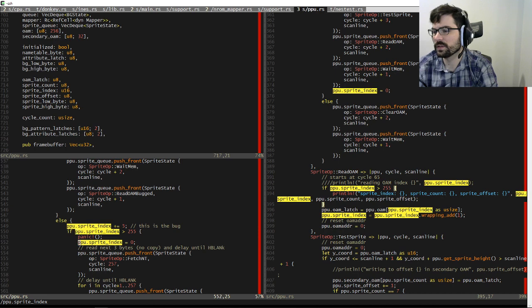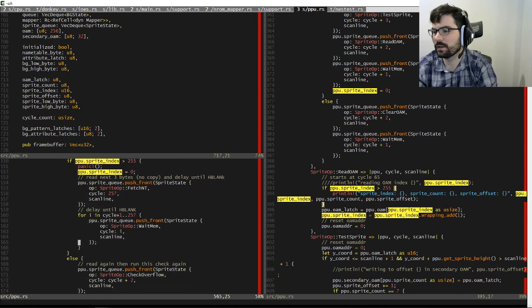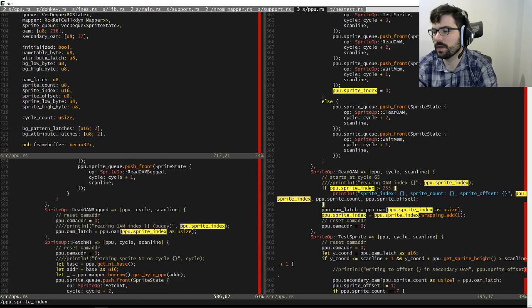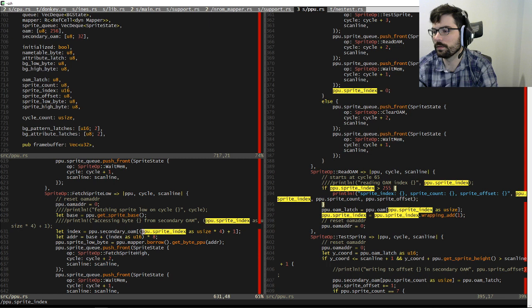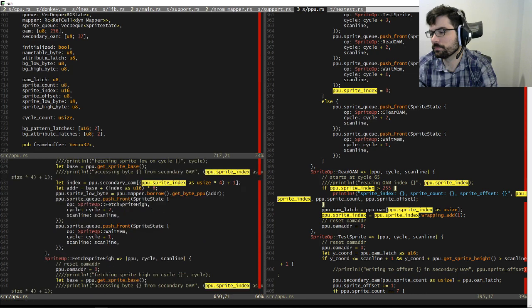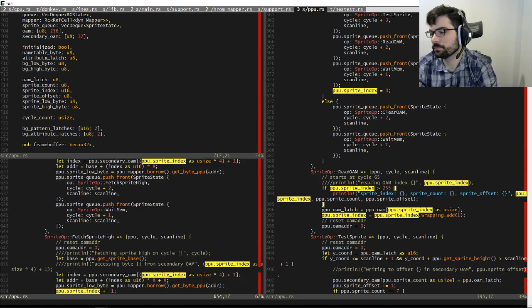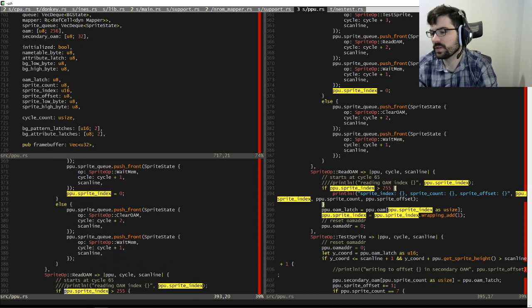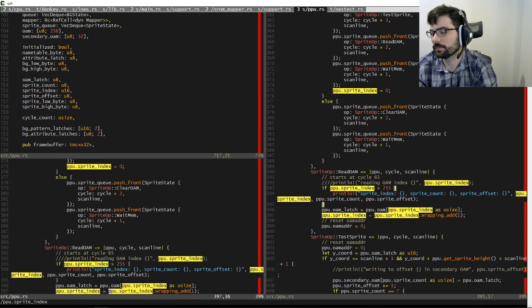If sprite index is greater than 255, panic. Why is this not a U8? I ask you. Because it would seem that that's the problem.